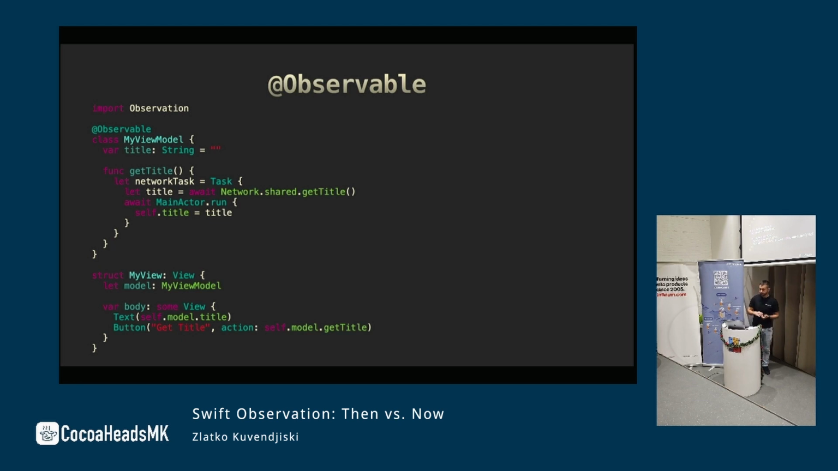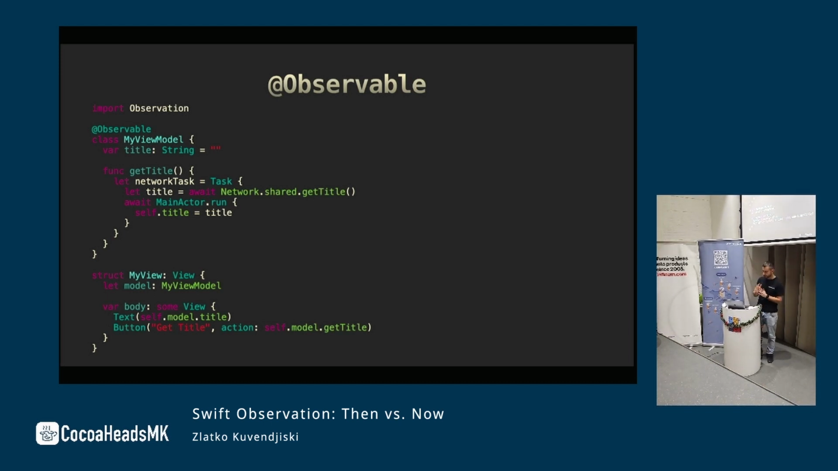Then I just want to point out that now observation becomes, let's say, a lot less taxing on you as a developer to think about, because all you need to do is import Observation as a framework, and you need to mark your view model as Observable, and you should be good to go. Basically, it works like magic. So